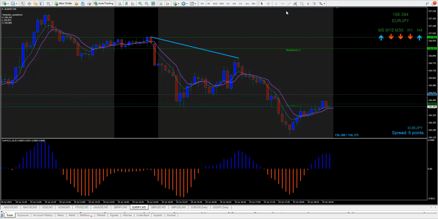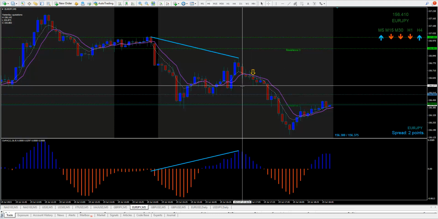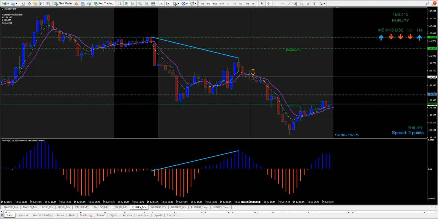Right there, from this mountain peak down to here. And we'll put the arrow on right here. Right? We need to cross down to the 5, below the 7. Would have sold it right there. Your stop is always at the nearest swing high in a downtrend and your nearest swing low in an up